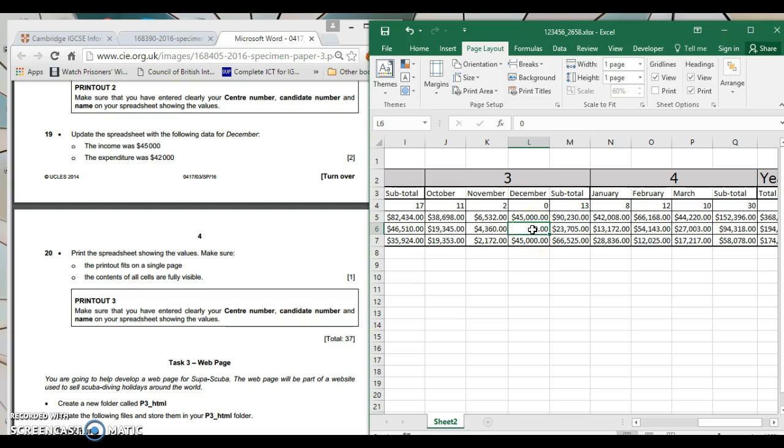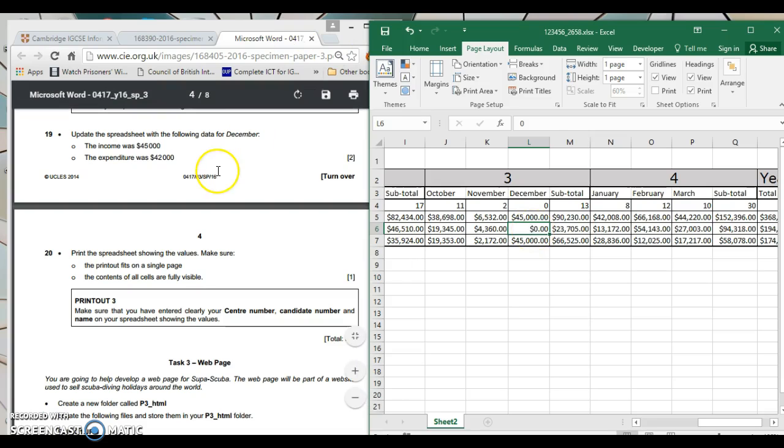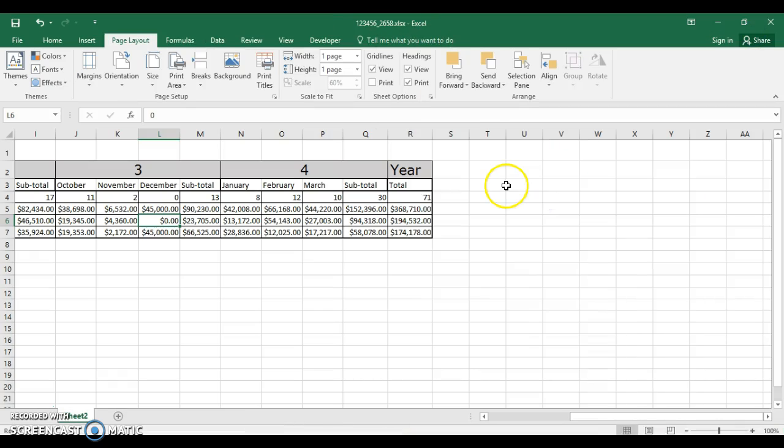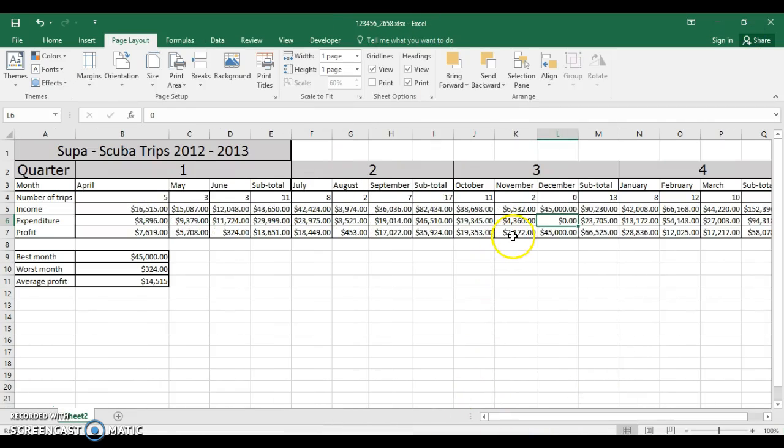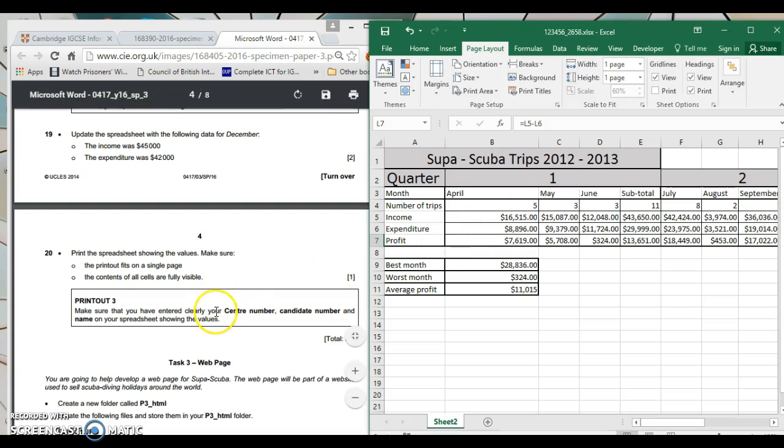So here we go, expenditure was 42,000. Let me just double check that I'm actually on expenditure. There we go, 42,000. And watch everything here change. There we go, so that's all changed. Right, so everything here is done. Now, it says again, print out your spreadsheet and just do the same as you've done before, and it should